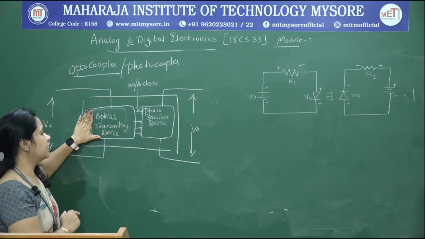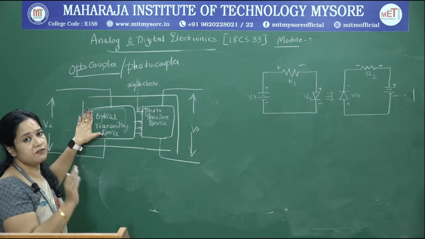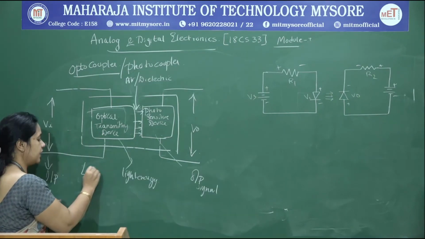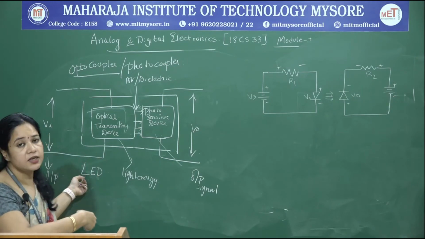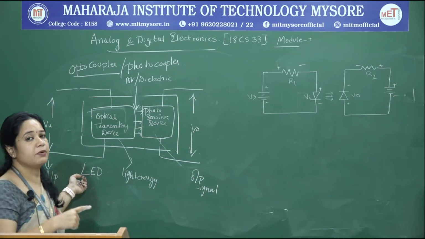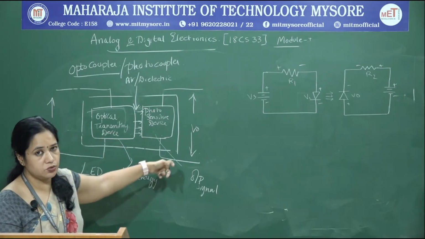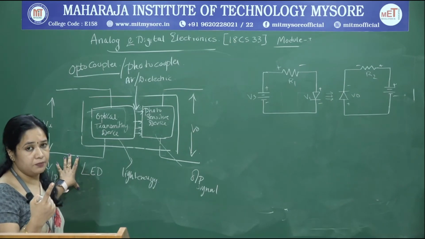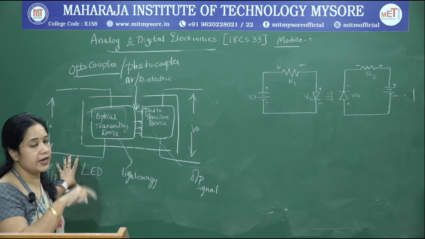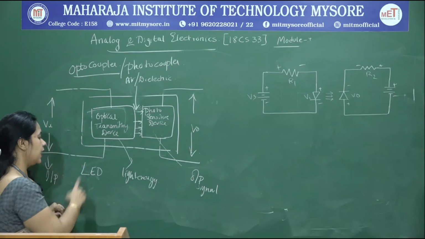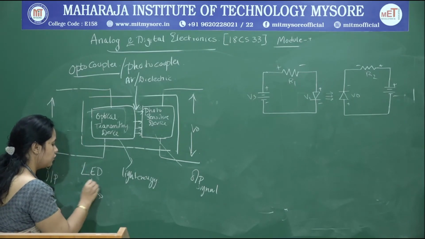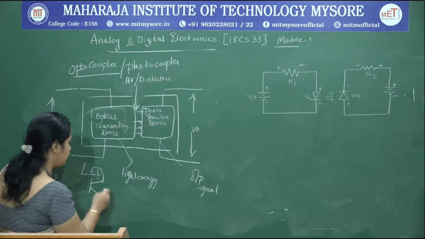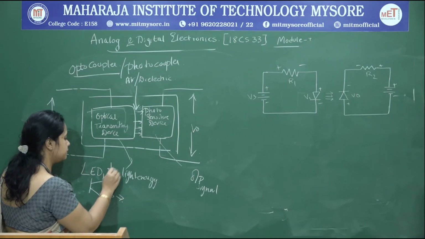And what is this transmitting device? The transmitting device could be any optoelectronic device such as a light emitting diode, which we have shortly seen. A light emitting diode is a diode which is capable of converting electrical energy into light energy. It is producing light proportional to the electrical energy given to it. And apart from this, you have a phototransistor, which emits light whenever it is forward biased.